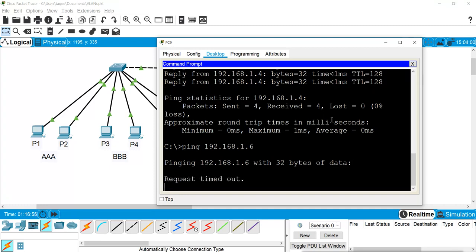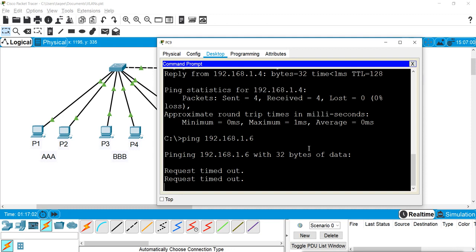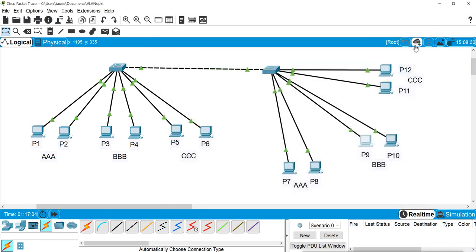So this is how we can scale the VLAN infrastructure from one switch to another switch by using the trunk port. By converting the port into a trunk port, a trunk link, we can scale the network. We can scale our VLAN from one switch to another switch. And this is called intra VLAN communication. Why is it intra? That means same VLAN to same VLAN, VLAN A to A, B to B, C to C, across the switches. I can connect more switches and convert them into trunk, and then the VLANs can communicate between each other.